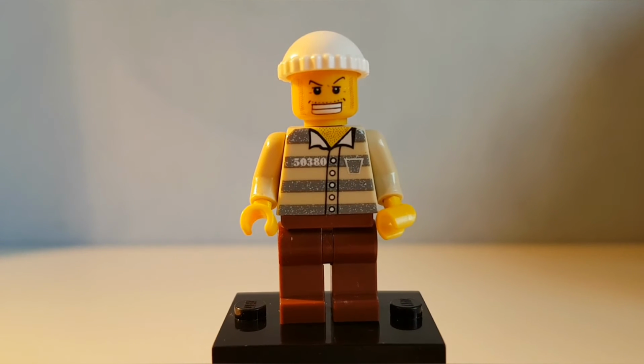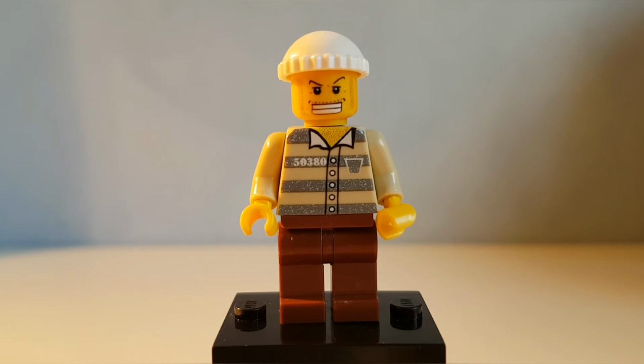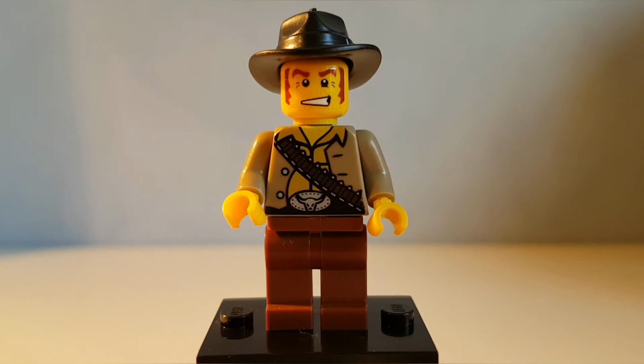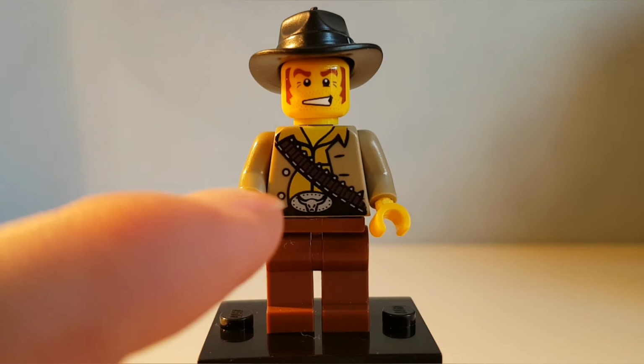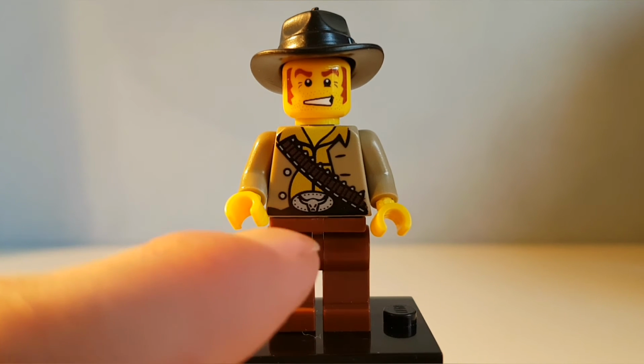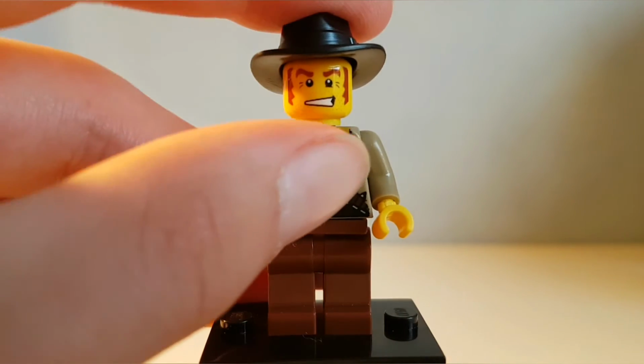Either way, again, just not an interesting figure. Though I do think this face print is definitely based on one from Lego. But again, just very uninteresting. Next up is a cowboy. Again, just the normal. The torso isn't on center, at least the little bull thing down there isn't. His face print looks weird, and his head is way too...